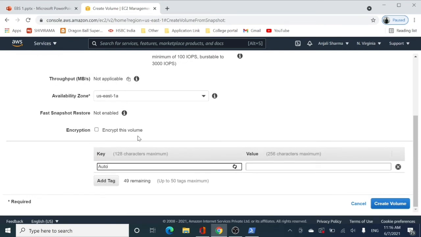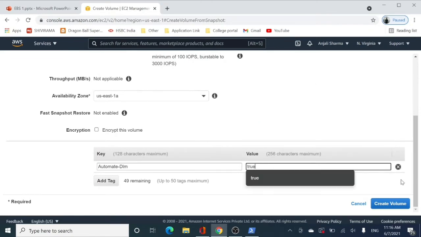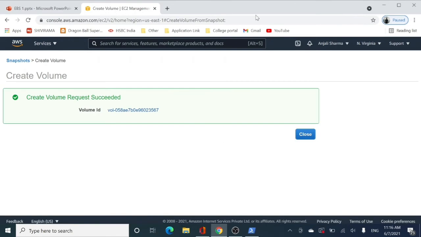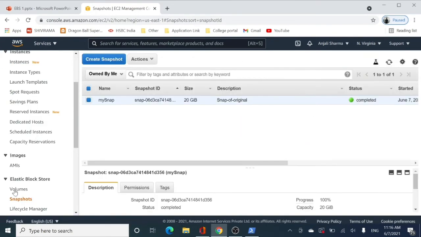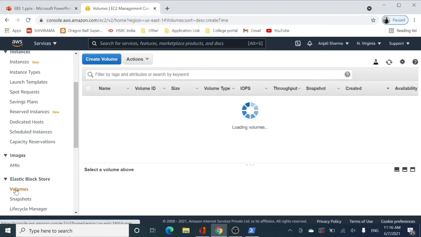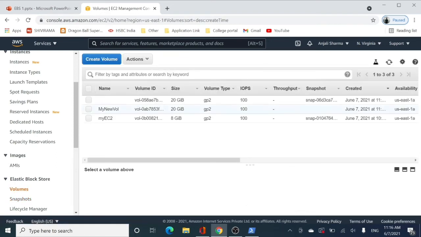How I am going to tag it, I will be giving it "automate via DLM." So that was the different tag, right? "Automate via DLM," and consider it true, right? So this is the new volume that I am creating with the help of my snapshots, right? So if I go back to volumes now, you can see that a new volume is being created,